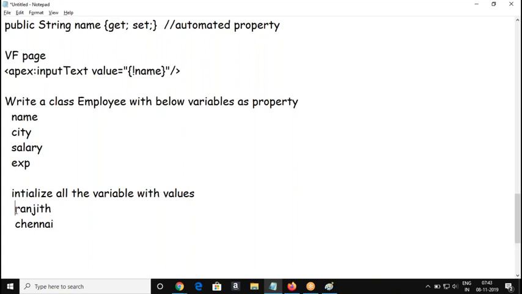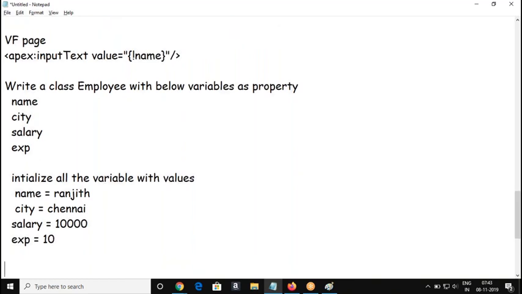So for name, you are going to assign some value, some name, and city. I'm just trying to give a basic example here, like this.